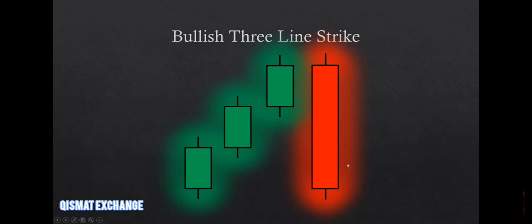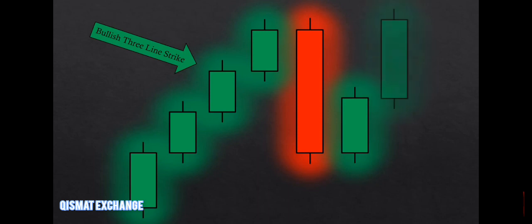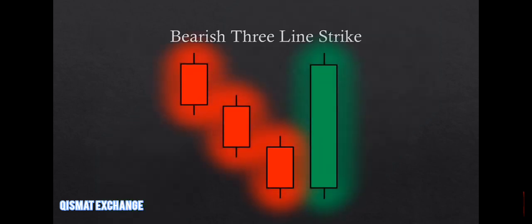This can seem a little counterintuitive at first because of the size of the bearish candle and the fact that this is a bullish continuation, but the key is to understand this concept of quick exhaustion of selling pressure in this particular case. The bullish three-line strike happens when the price is going up in order to signal a continuation to the upside. Next, we have the bearish three-line strike, which is the mirror image of the bullish three-line strike. So it's a bearish